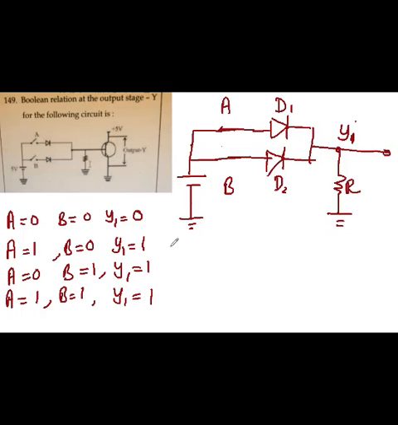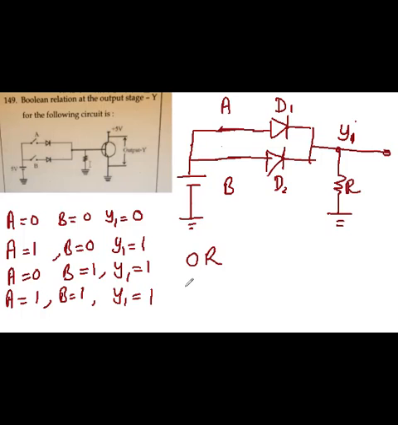See, the voltage available when both switches are closed will be a little higher, because the current will be more, but you don't have to worry about that. Just think of whether the input is low, the output is high, etc. And this truth table is that of the logic OR gate. This is the logic truth table of the OR gate.